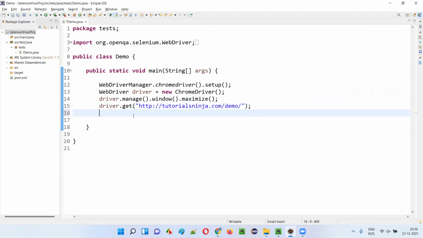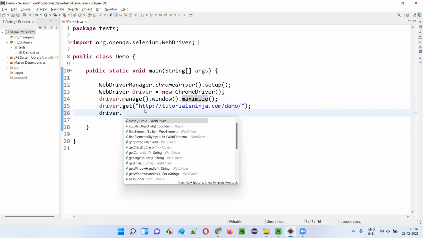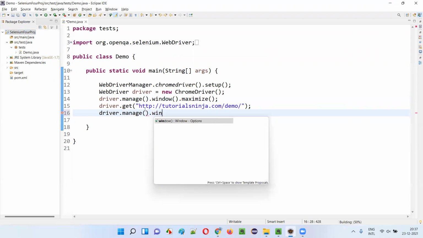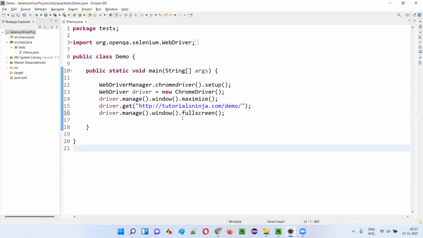For that, similar to maximized mode, whatever statement you have written like driver.manage().window().maximize(), this last command will change, guys. Okay, the same statement, but instead of maximize, you will write fullscreen. So driver.manage().window(), but here the last command will be fullscreen. This full screen command got introduced as part of Selenium 4 initiative, which will switch our browser window or application URL loaded browser window page to full screen mode.